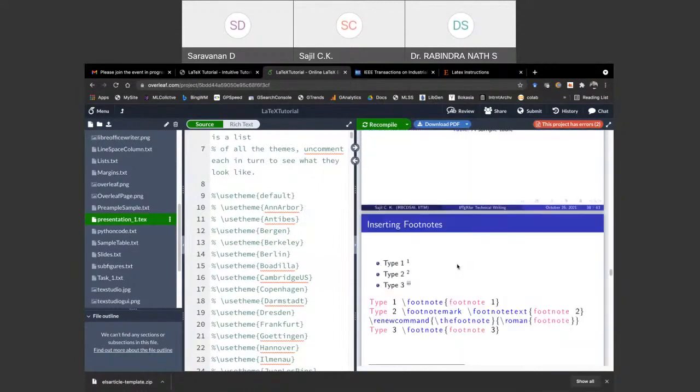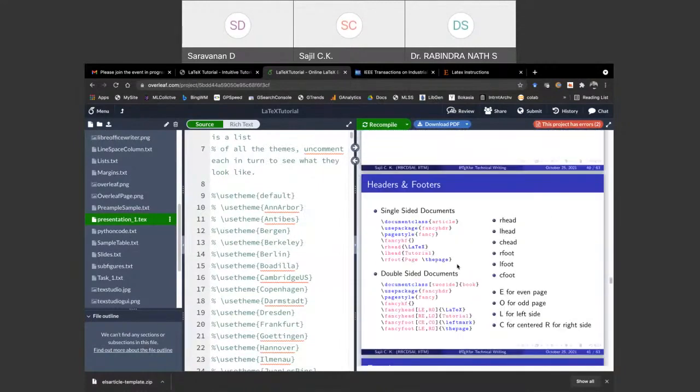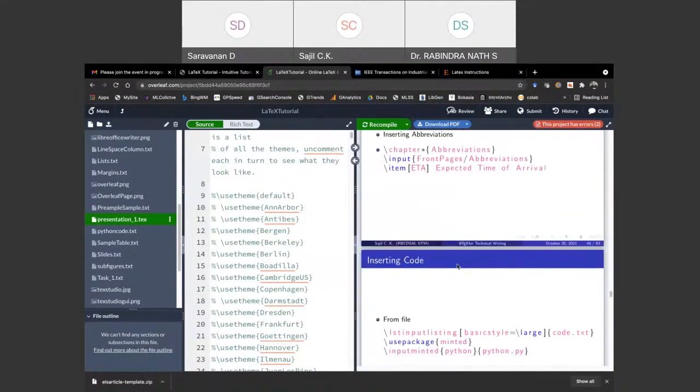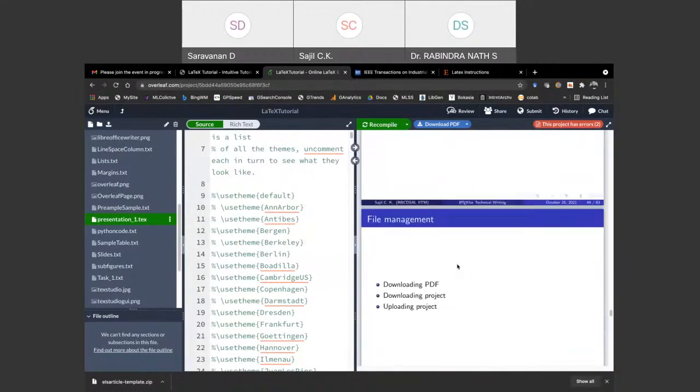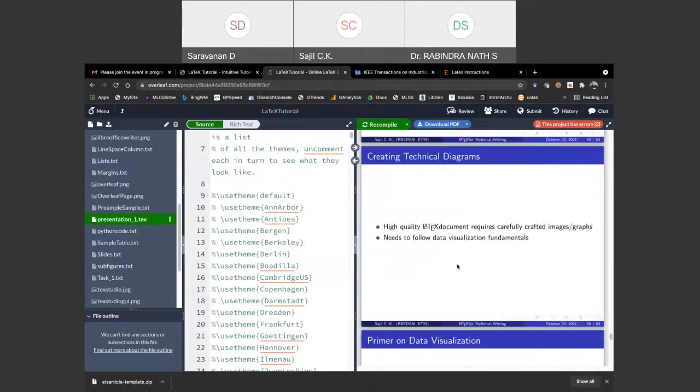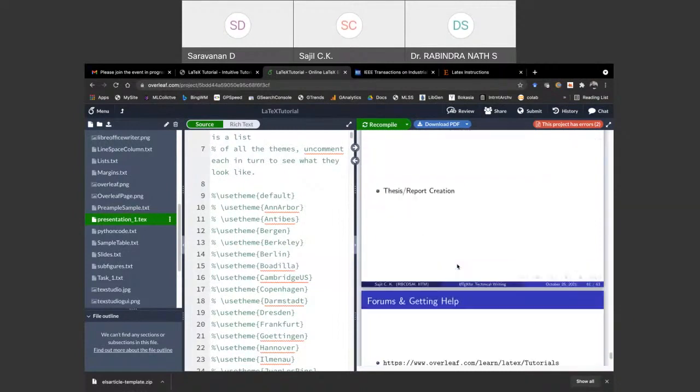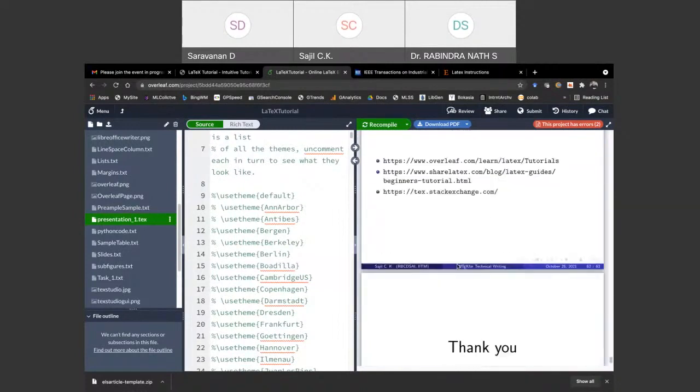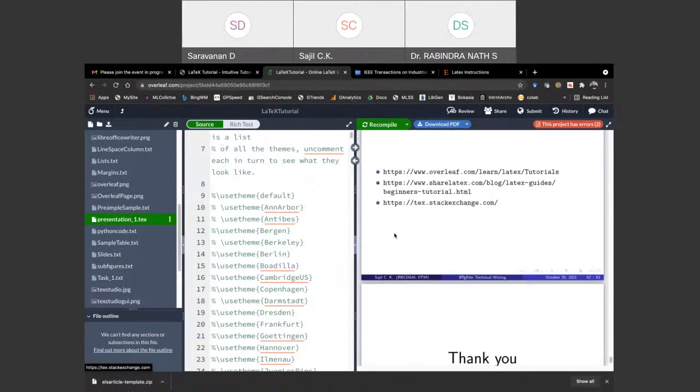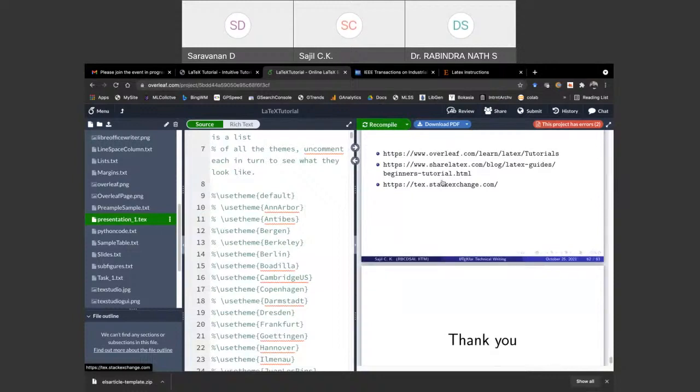Okay, footnotes, headers and footers. The link for that is tex.stackexchange.com. And Overleaf also has some good tutorials which you can follow, and you can find out how to type different equations.